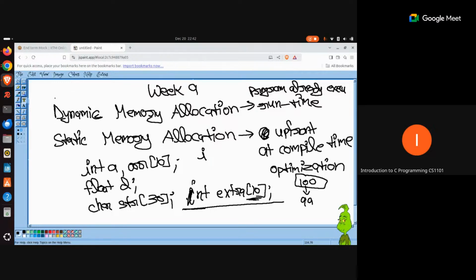Let's say you are writing a program which is going to accept some user information, and depending upon the age, you need to ask for some extra information from the user. Let's say if the user is above 18, then you also need to ask for a voter ID. But a voter ID is not required when the user is less than 18 years of age.